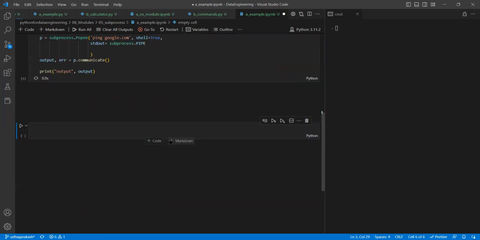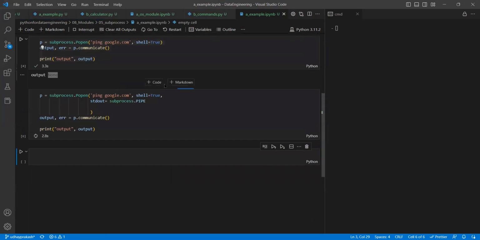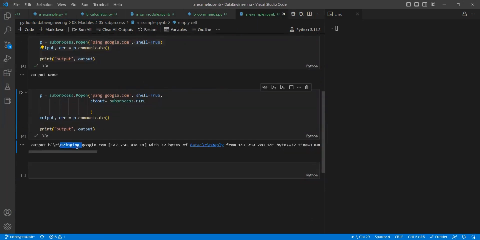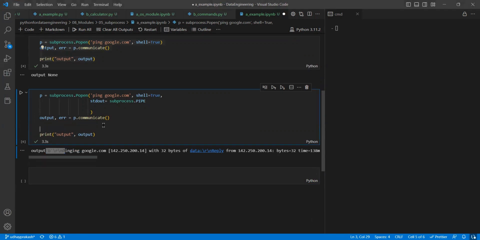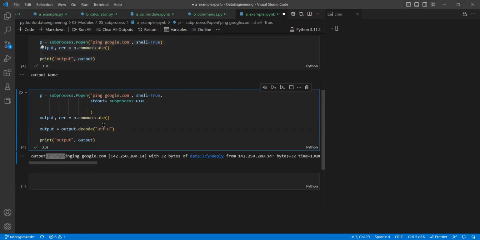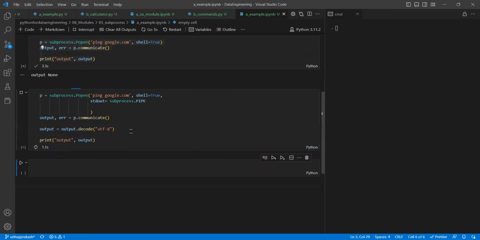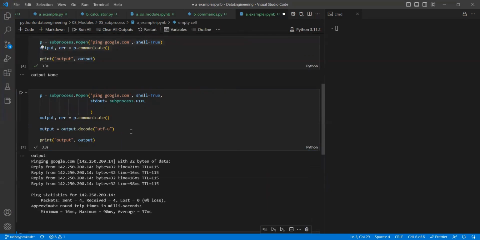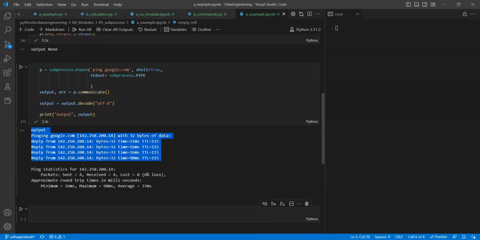Sorry, I didn't place a comma here. If you execute, it is executing in the backend, then the output comes, and the output is in a byte string. A byte string you cannot process directly, so you need to convert that. For converting any byte string, we need to do decode. And if I execute now, you see, it is executing in the backend. You are capturing all the values. You got the output. From the output, you can split and get what all the values are. If you want to get the TTL values or bytes or total time taken, you can do everything